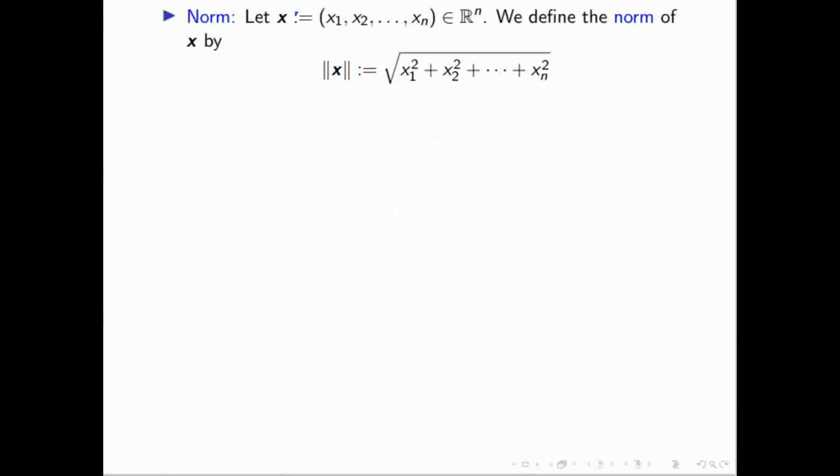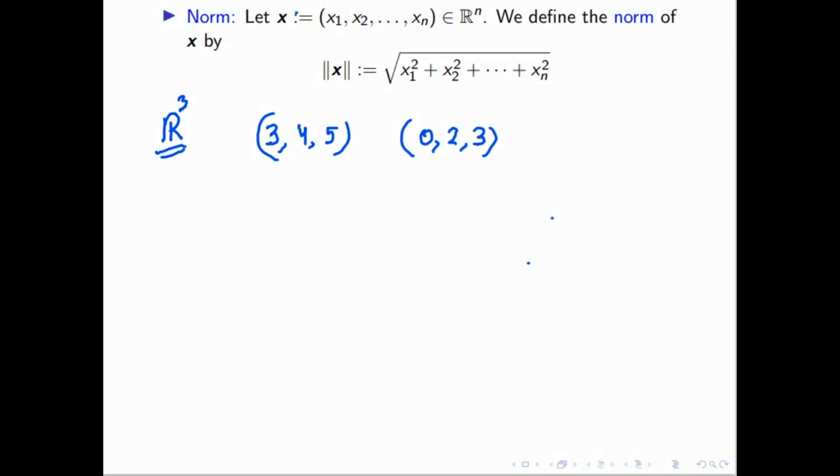So just give me two elements in R2, then I will find the distance between those two. So R3, give me two elements in R3, like three dimensional. 3, 4, 5. Okay, 3, 4, 5. This is one vector. Another vector is 0, 2, 3.